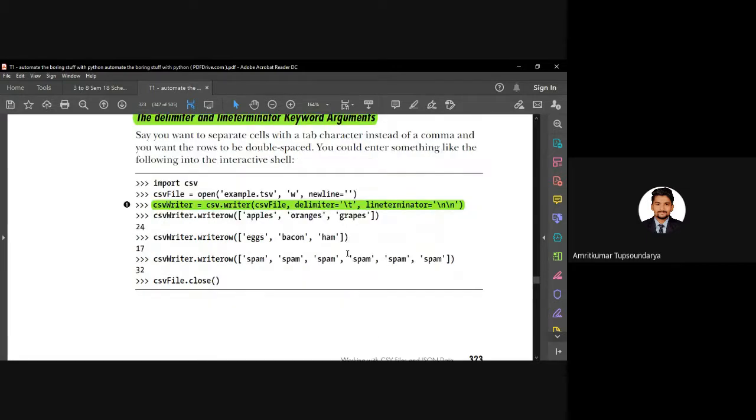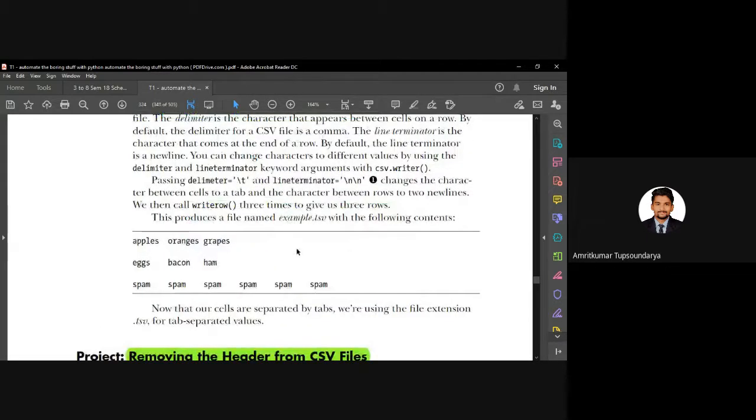So when you try to view the data, it will look something like this. So this is the produced example.csv file, which is using the delimiter and the line terminator.